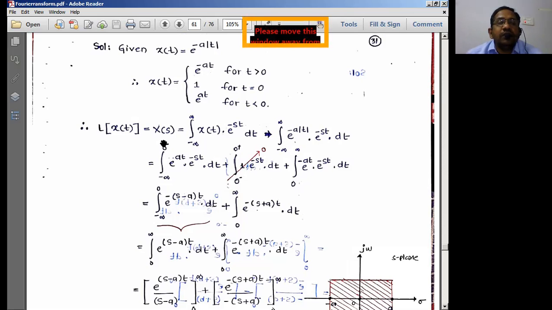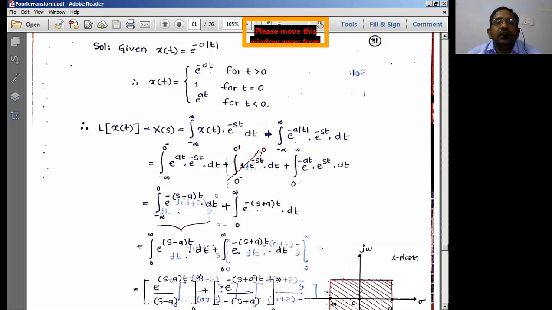So minus infinity to 0 minus, that means 0 minus is the value just before t is equal to 0. 0 plus is going to be just after t is equal to 0. That means it's almost going to be 0 only. Okay, so minus infinity to 0 minus, 0 minus to 0 plus, 0 to infinity, same equation I'll write. So for minus infinity to 0 minus, that means t is taking minus values. When t is taking minus values, it is going to be e power plus at. I can write the rest of the formula as it is.